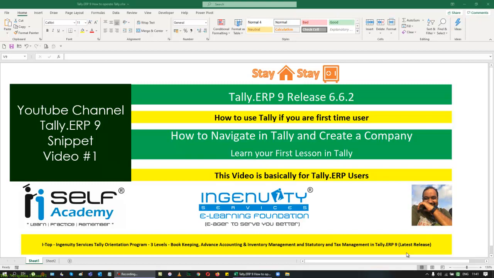In this class, I'm about to teach you how to work, how to navigate inside Tally. If you are using Tally for the very first time, we will be seeing how to work with this. I'll give you one more video on how to install Tally in the subsequent videos. Today, once we've installed Tally, how you will navigate inside Tally. So what you will do normally if you are working in Tally, and how to bookkeep in Tally can be known better.